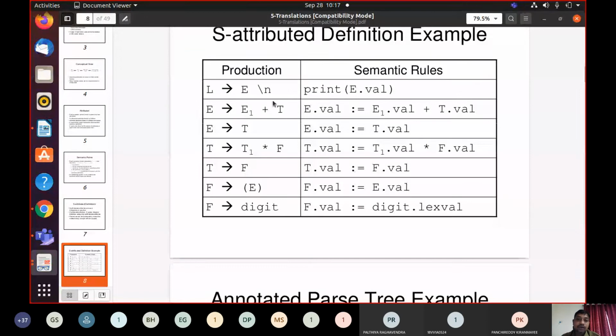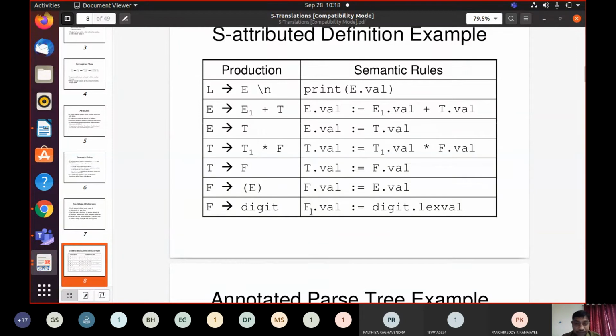Whenever you are about to reduce E to L, its corresponding semantic rule will be evaluated in the semantic stack. These productions will be carried out in the parsing stack, and the semantic rules will be carried out in the semantic stack parallelly.